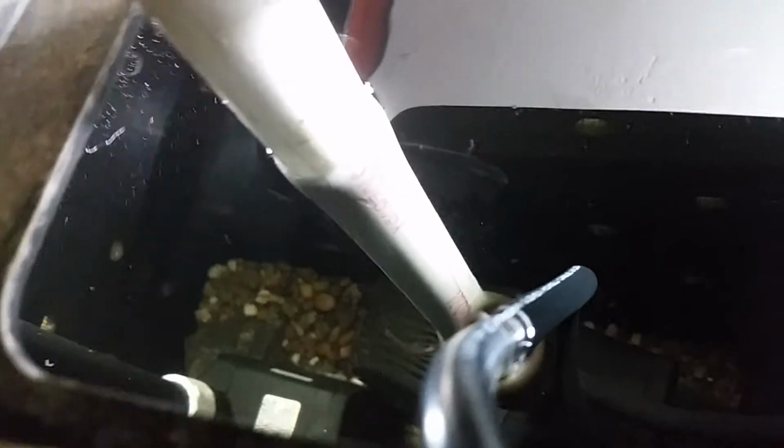This is a 1/2 inch coming in, feeding in, going into this is my 125, and it goes down in there. The big one you see first here is a 650 gallon per hour pump, and then at the top of the screen, that is 350 gallons an hour. That comes in and is plumbed,